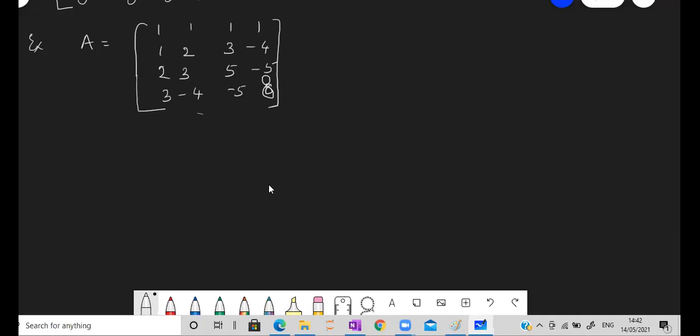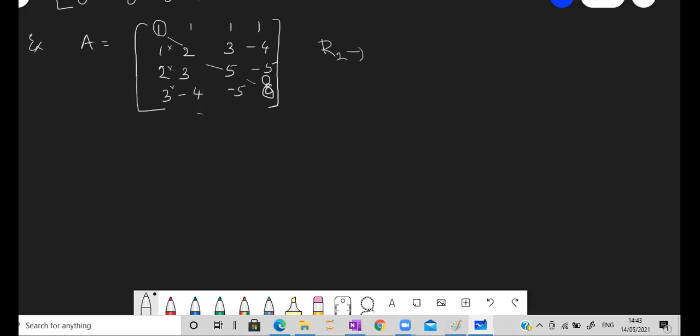Okay. So let us start solving. Now here nothing is 0, so this is my diagonal. All these 6 elements, 1, 2, 3, 3, minus 4, minus 5, should be reduced to 0 first. That should be your intention. It's going to be a little lengthy, so do it very carefully. First, with the help of this 1, we'll reduce this 1, this 2, this 3 to 0. Tell me the operations.